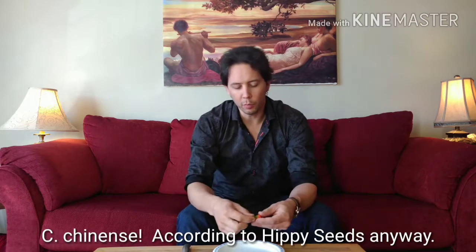Most of the peppers that we have are capsicum annuum. I don't remember the percentage, but the vast majority of peppers we eat are capsicum annuum. A lot of the super hots are capsicum chinense, and then we have capsicum pubescens, which is things like the rocoto and manzano, and there's frutescens, and there's baccatum. I'm not sure which one this is right now, but if I find out, I'll put it in the text